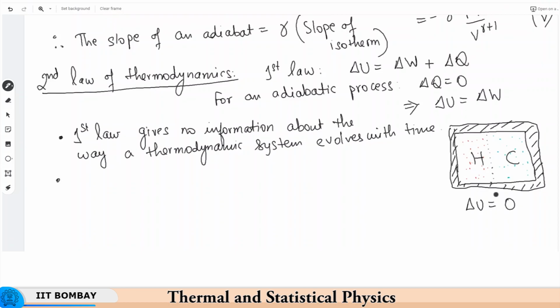For example, I am sitting in this room. So, half of the room cannot spontaneously heat up with respect to the other half, right. So, the water in my glass cannot really convert into ice and give that heat energy into the environment, right. So, that spontaneous process cannot happen at all, and the first law has no way of forbidding such processes from happening, all right. And so, therefore, we can now come back to the statements of the second law, all right, and there are two very important statements of the second law of thermodynamics, all right. So, basically two statements